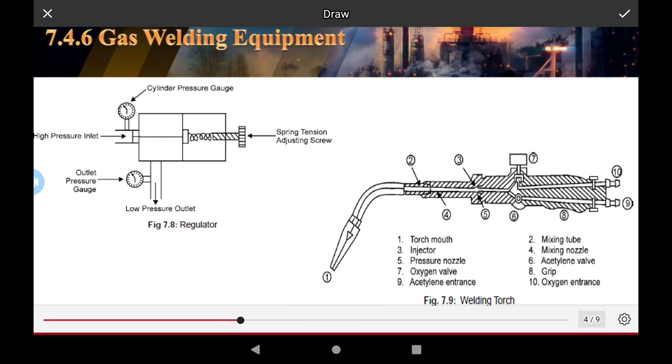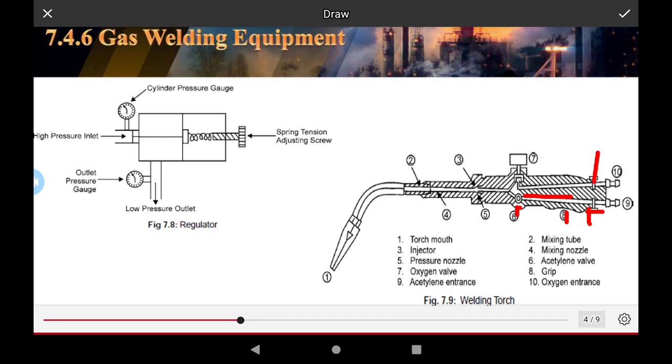And six is the portion of the acetylene valve, which closes and opens the flow of acetylene gas, and 18 is the portion of the grip. This is the oxygen valve, and this is the valve that opens and closes the acetylene flow,